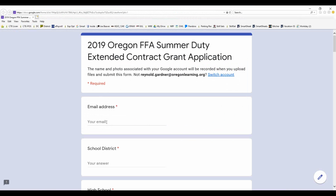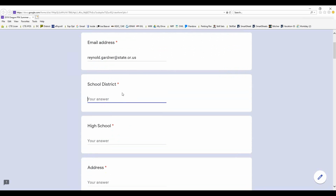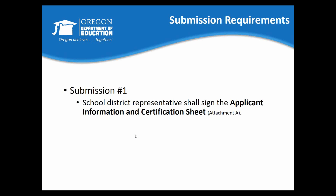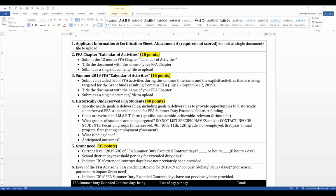The Google form then requires different information that has to be submitted for the grant application. And a number of these are required. This is where the copy and paste can come in. Once you get into the item is the application